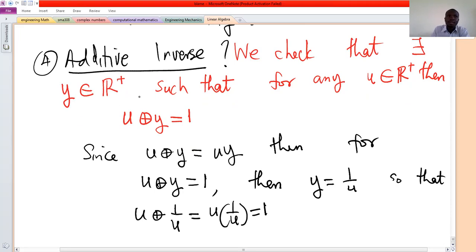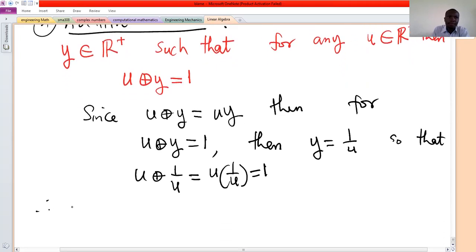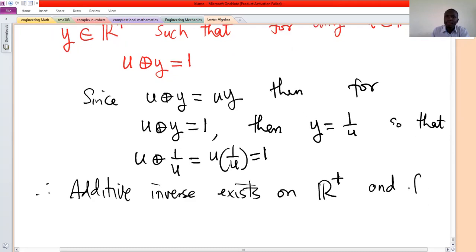And because R plus consists of all those real numbers which are positive, there's no 0. So we can always have the reciprocal of every element being defined. So therefore, additive inverse exists on R plus, and for any element u in R plus,